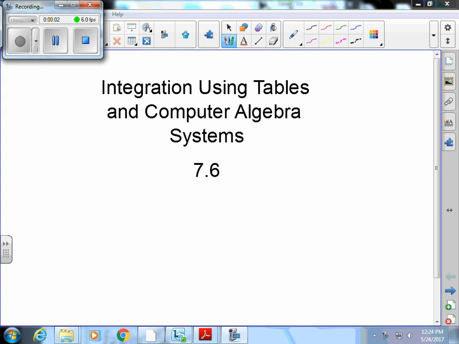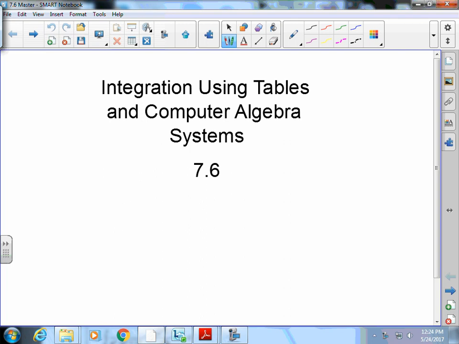Welcome back. Today we're going to be covering section 7.6, which is integration using tables and computer algebra systems. There are times that we've gone through every type of integration method, but sometimes there are problems that just don't fit. And what we found over time,